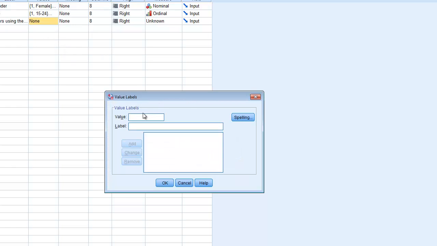So we've got value 1, and it's less than 6 months. And then we've got value 2, which is between 6 to 12 months, and so on. Value 3,